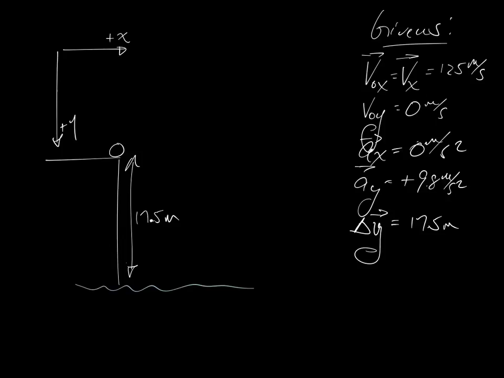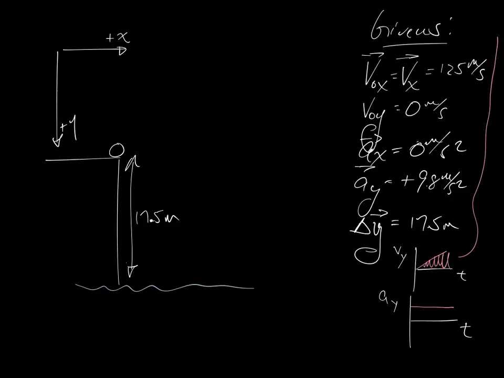So if I draw graphs, I'm gonna make them really small. I'm gonna draw them over here. Okay, so my velocity graph, my acceleration graph. People didn't do this. This is velocity only in the y direction. Acceleration only in the y direction. Again, down being positive, the acceleration graph looks like that, velocity graph looks like that. This area is 17.5. And what it turns out is if we rewrite our equation on the equation sheet,